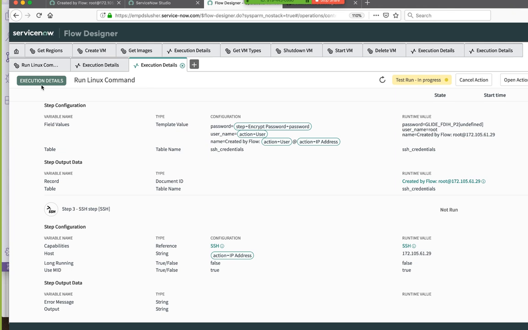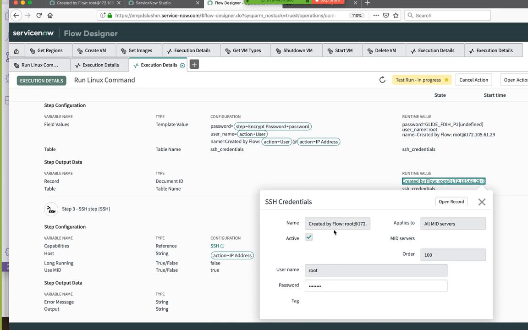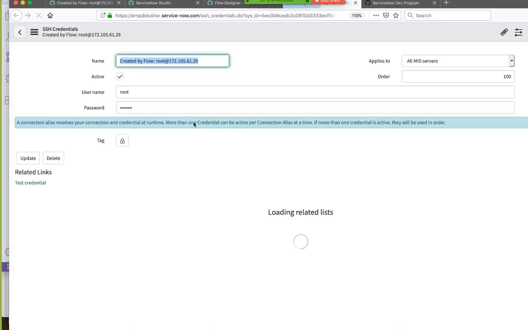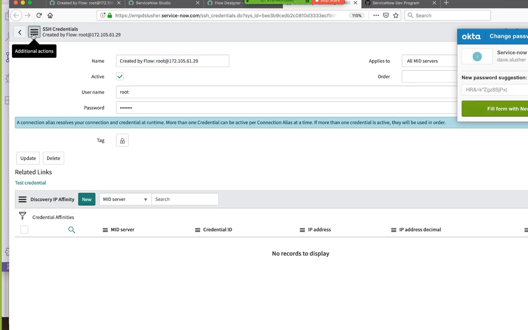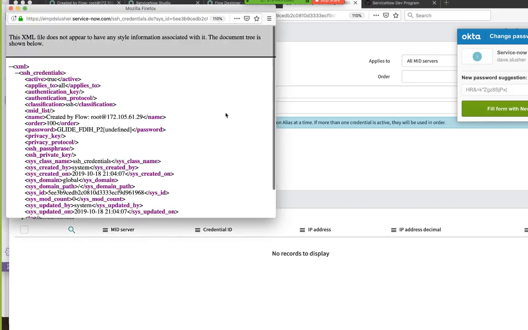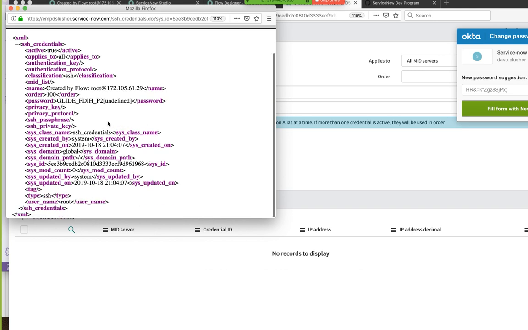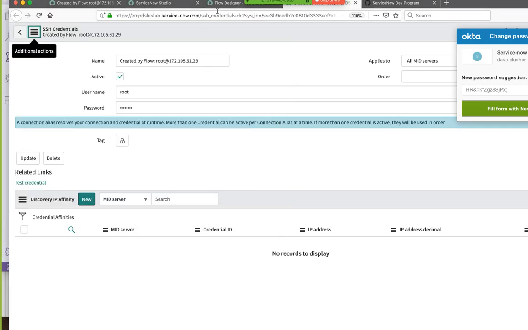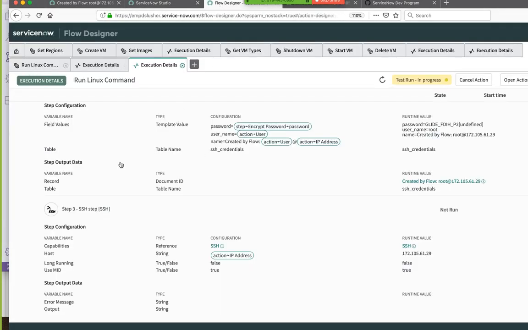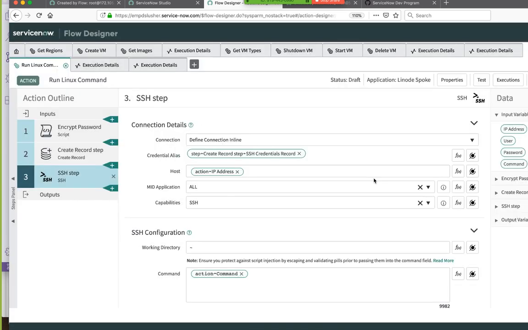Okay. So what's the document ID runtime value record that opened up? That's the password credential. That's the credential. Okay. All right. So we just don't have an idea what's in there. And then we didn't see anything. So look at this. The password is literally, definitely a problem. Okay. That's definitely a problem. All right, let's see if we can figure this out. All right, let's go back to this guy. So that's clearly jacked.